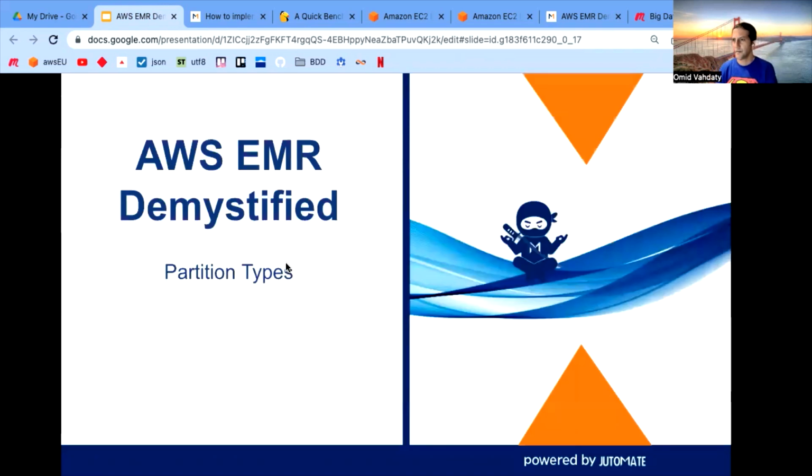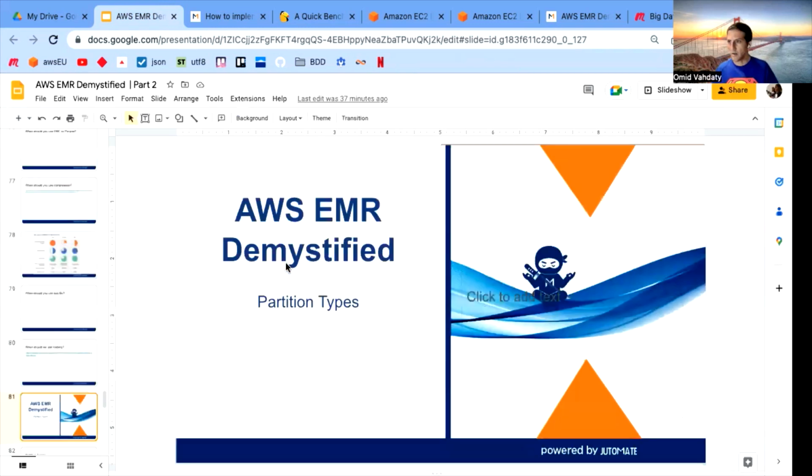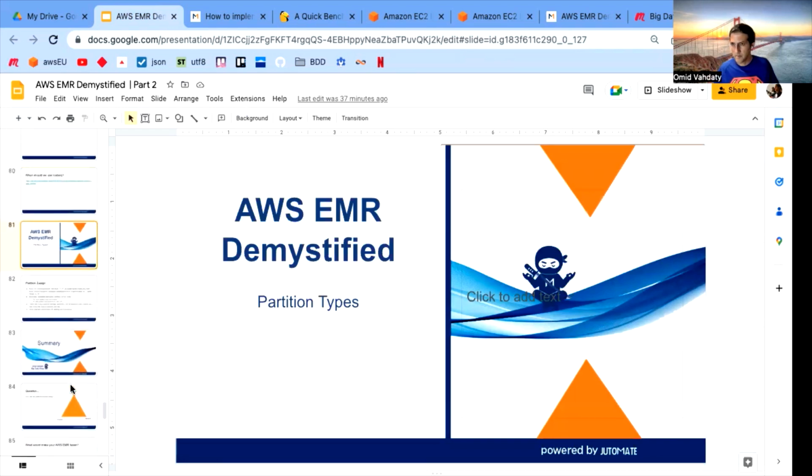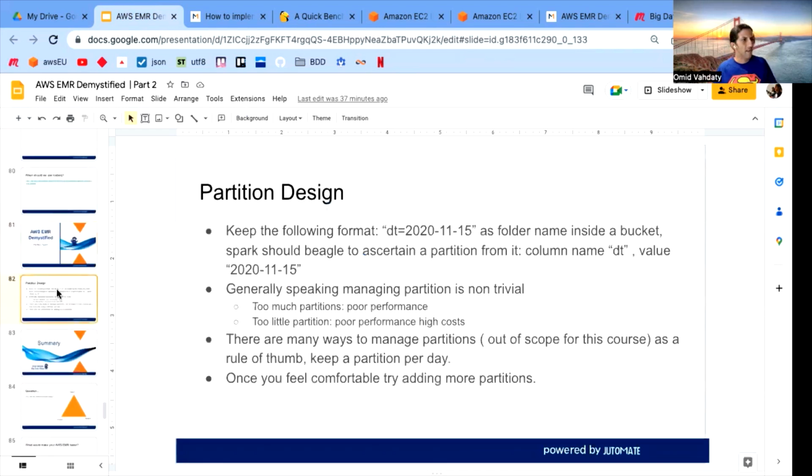Partition types. Let's see how close we are to the end. 10 more slides, bear with me. Essentially speaking, you should always consider the following format. DT, which is datetime, equals the date, is a folder name inside your bucket. This will essentially tell the Hadoop ecosystem that you have a partition, whose name is DT, and the value is this date. So instead of saving